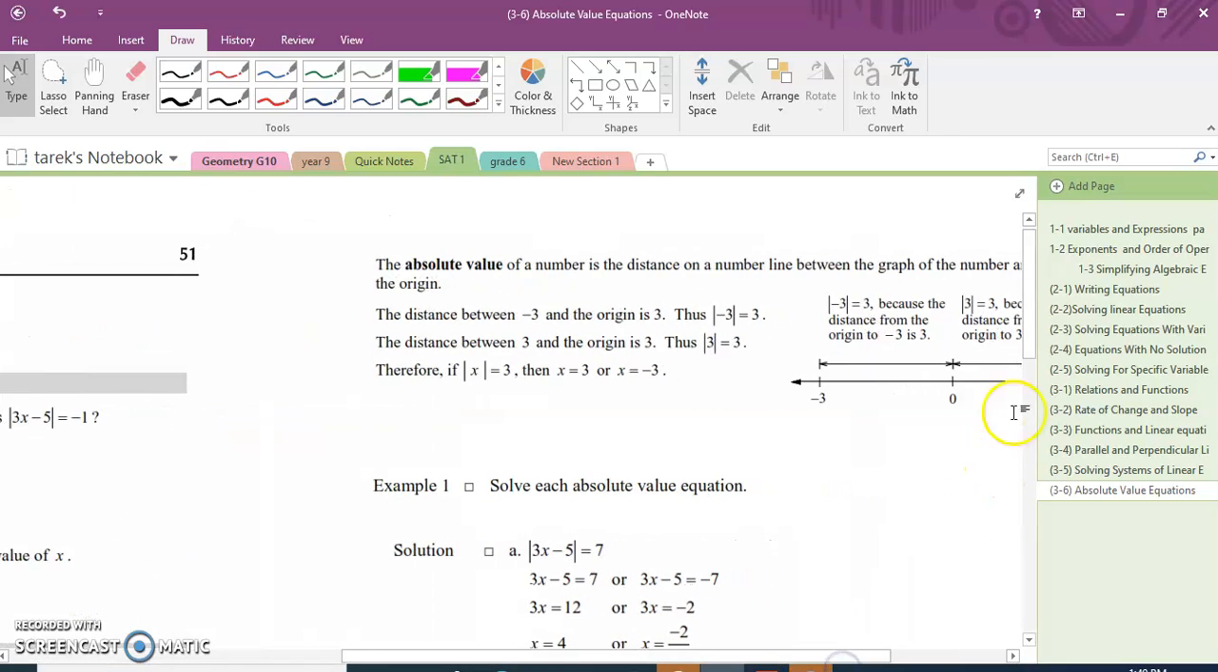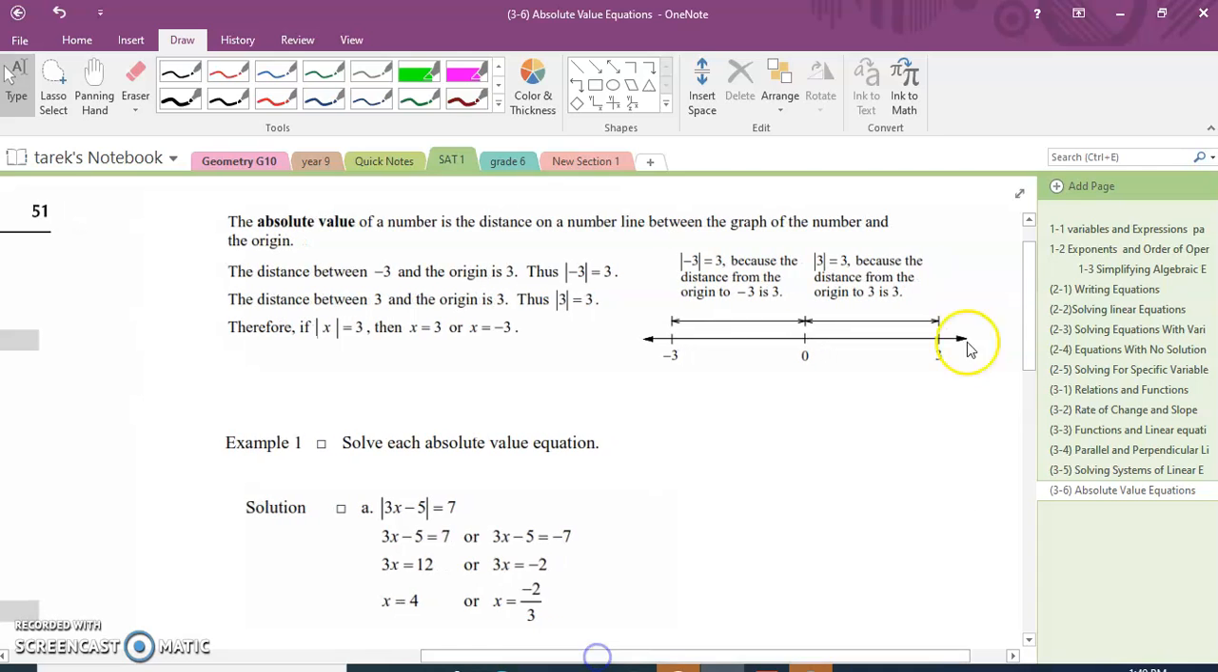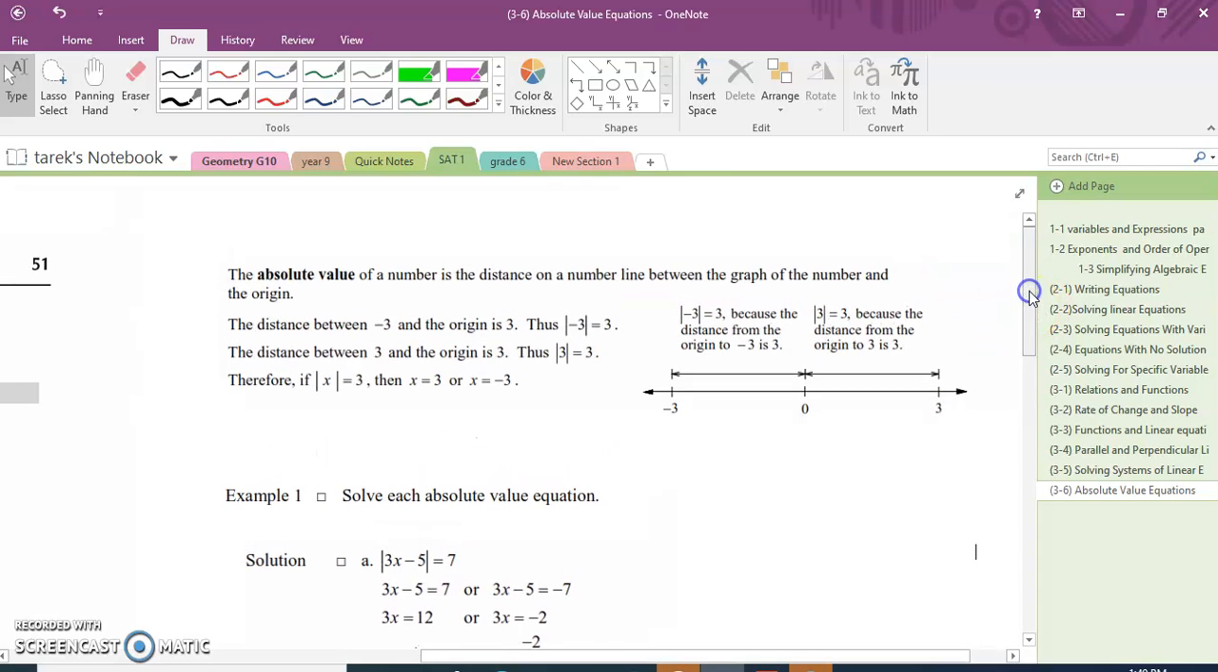This is a brief summary about the lesson. What's the absolute value? The absolute value of a number is the distance on a number line between the graph of the number and the origin. For example,